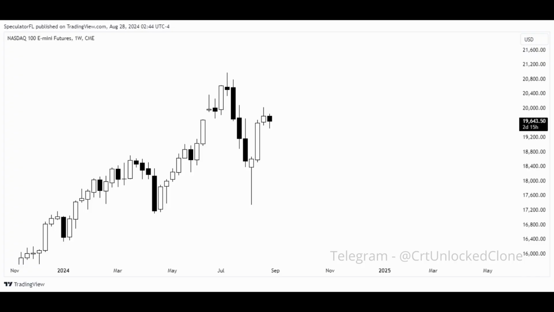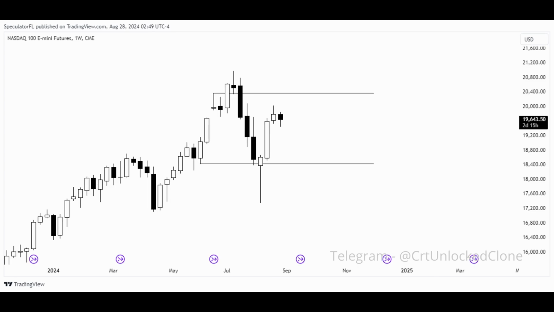So we're going to start off with the weekly time frame and we're going to see what we've got here. Now, if you remember the high time frame case study I made on EU about a month ago, then you would remember that we had a monthly CRT, which made price expand lower, and then we took out the monthly CRT low. Now, the factor that led to that monthly CRT was the fact that we were at the all-time high, so we had to form a retracement profile to rebalance the markets and rebalance the dealing range.